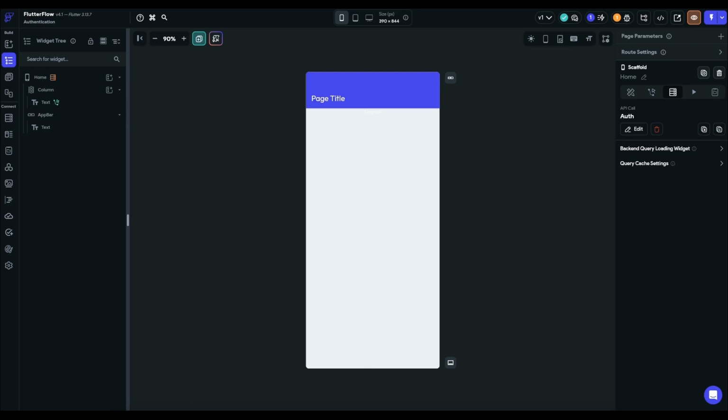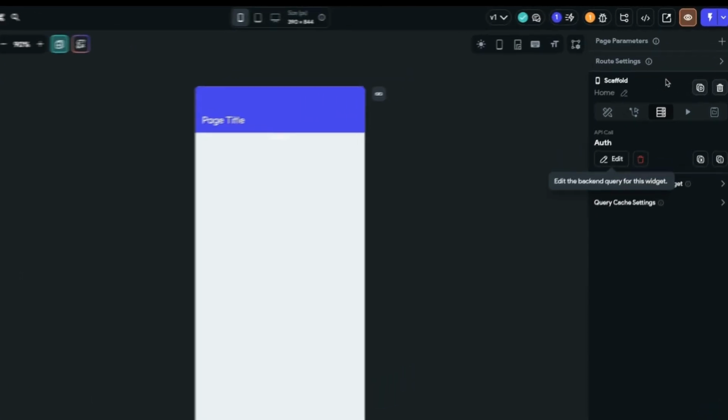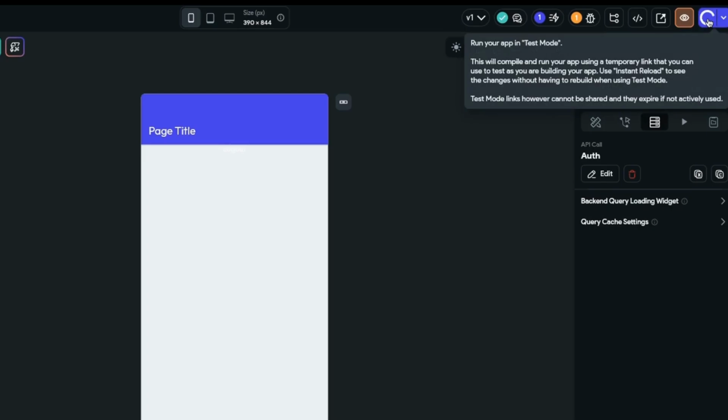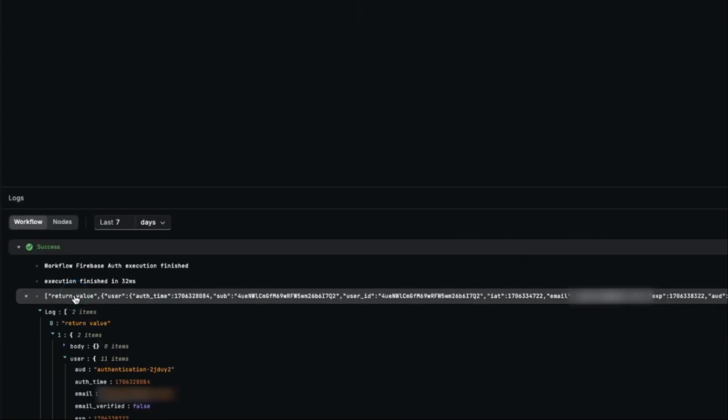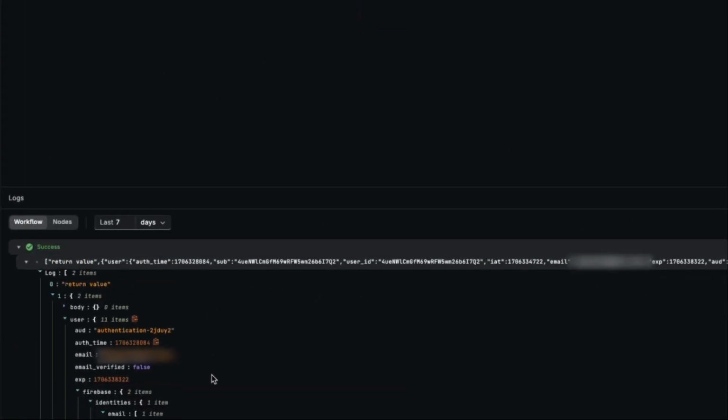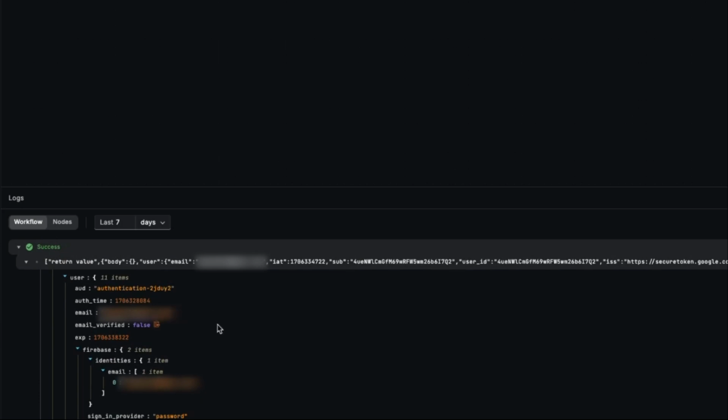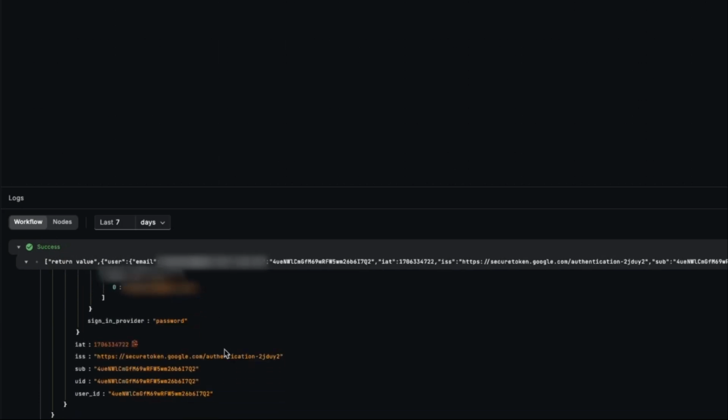All right, now we have Buildship set up, ready to receive our backend call, API calls set up in Flutterflow, and the Firebase authentication all active. We can test this out. Hit the test button. Now back over in Buildship, you'll remember that once we've logged in as an authenticated user, we've passed a token through to Buildship. Now let's go and have a look in the Buildship logs. Here you can see we've got a return value, an authenticated user, that's their email, that's the sign-in provider, and here's our